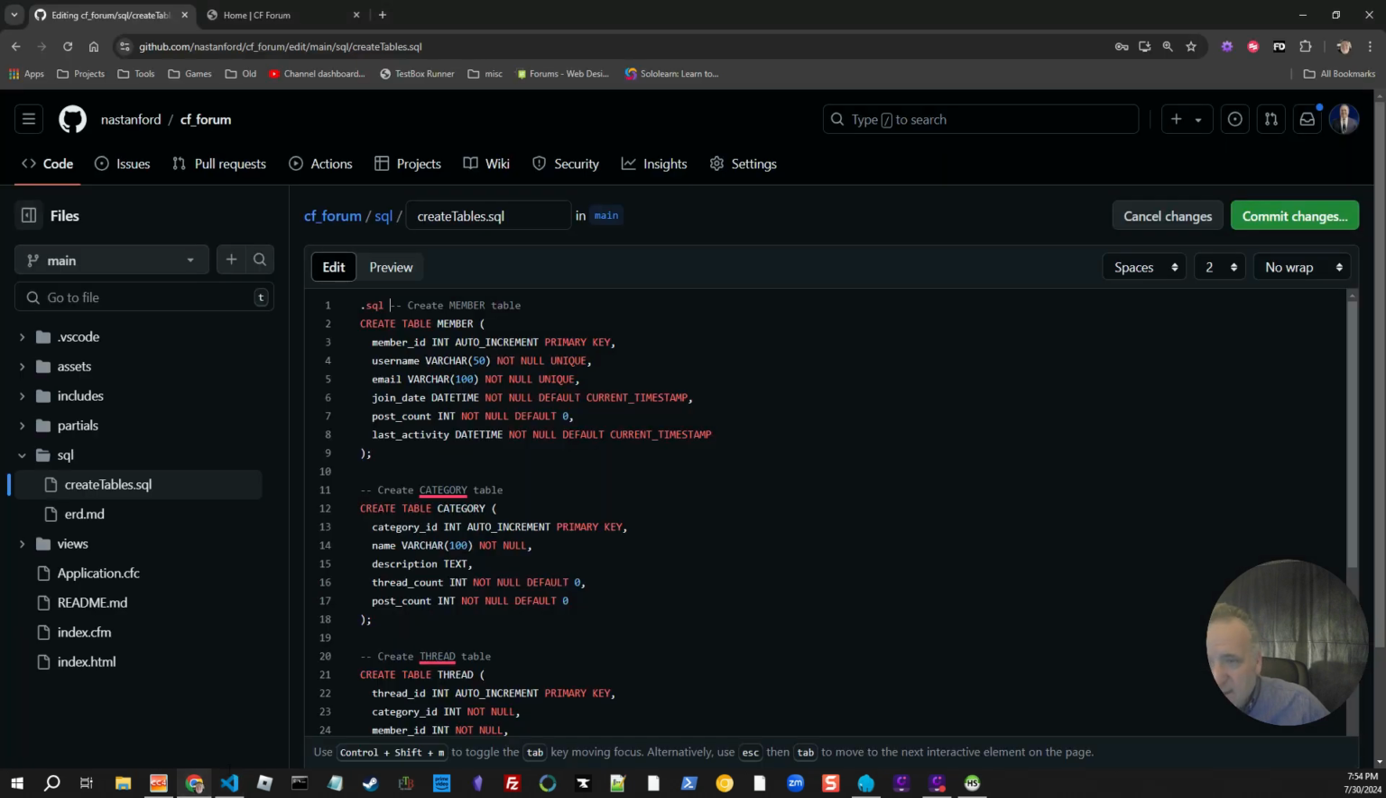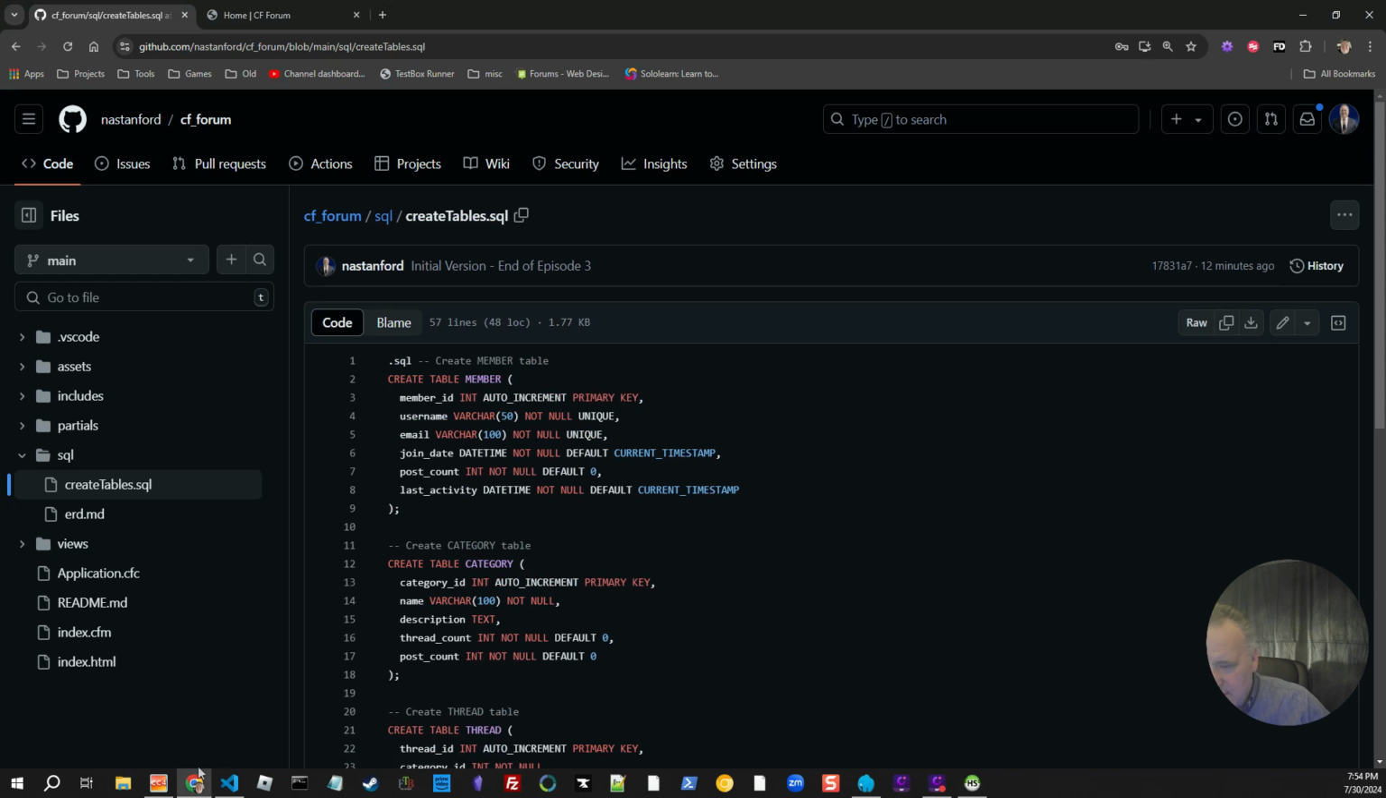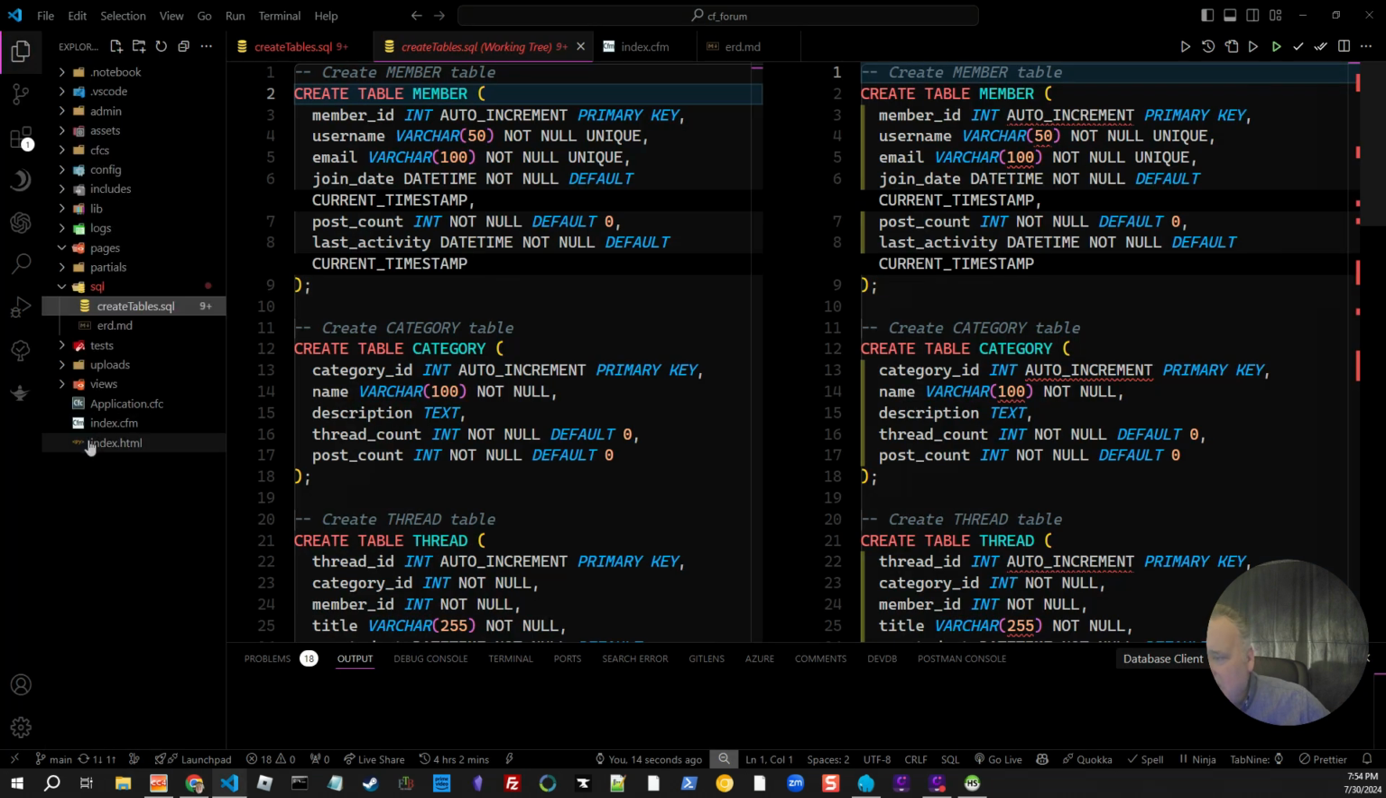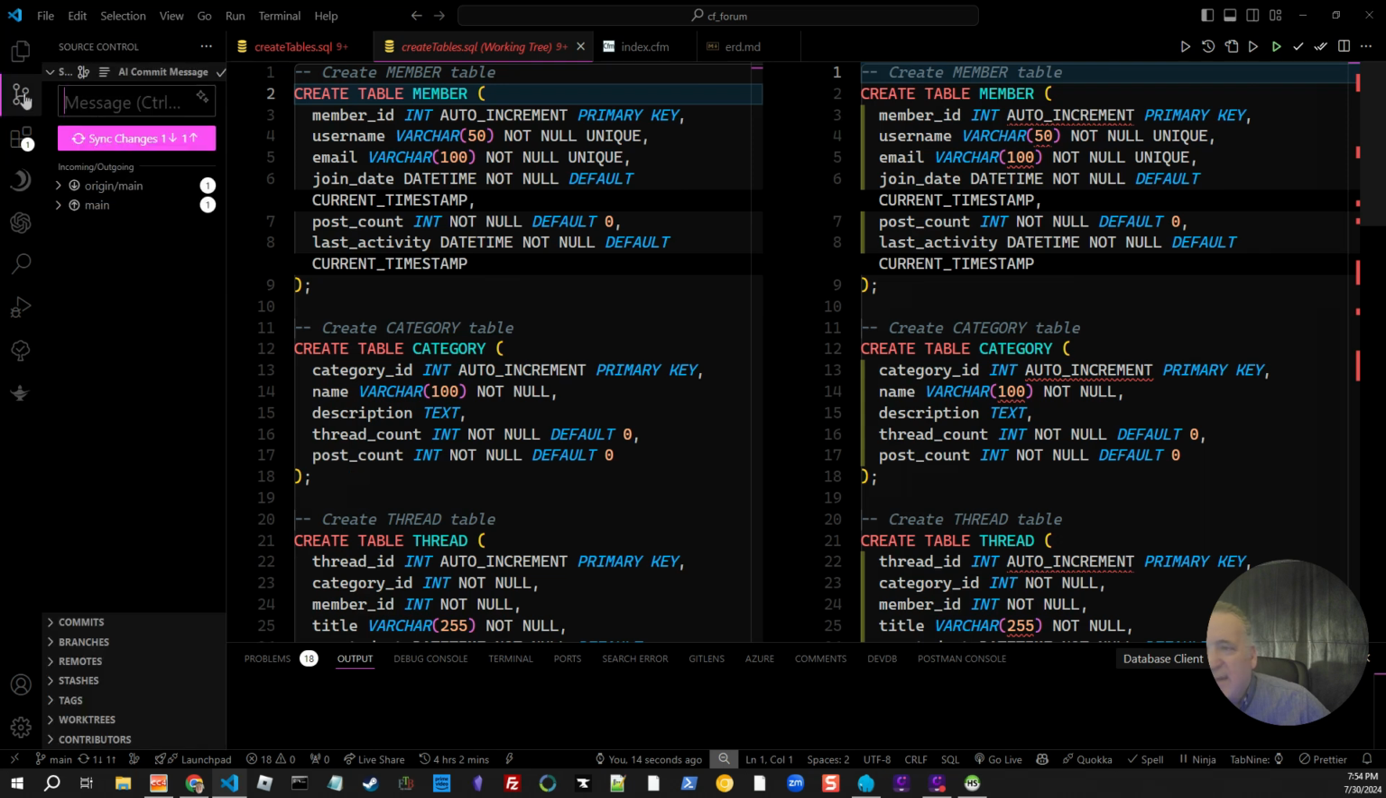I bet. Let me hit cancel. Probably because I started to do that. Oh, it might be the README. Let's go see. Do we have the README? Yeah, I haven't pulled the README down. That's what's wrong. So let's actually click this button, which is syncing the changes. It pulled the README down, and then it should